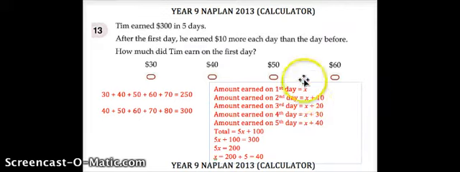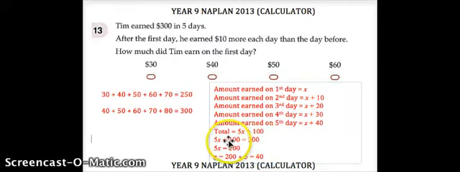Now the total earned in those 5 days, you add up all of these expressions. So you would get x plus x plus x plus x plus x, which is 5x. And you would add the 10 plus 20 plus 30 plus 40, which would give you 100. So that means that 5x plus 100 is equal to everything that he earned in the 5 days, which is